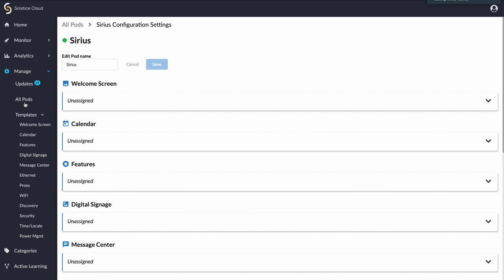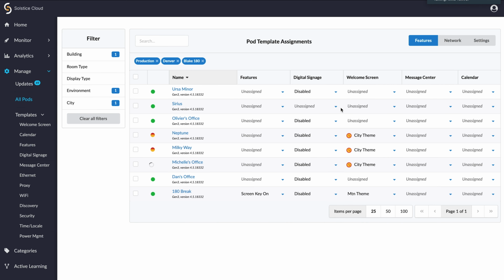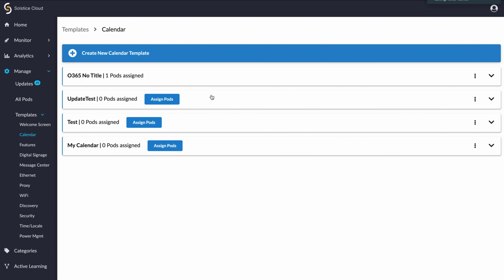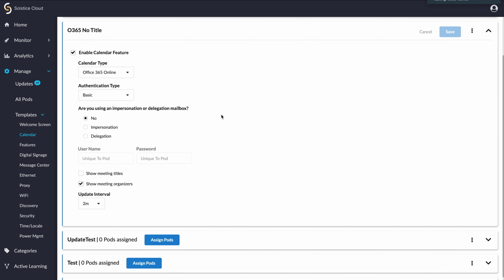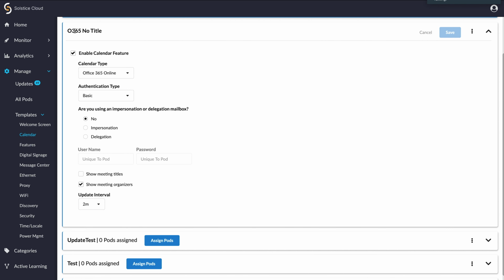But for the case of templates, there are some settings within a template that are still unique to a pod. And a good example of that is within the calendar cohort. So I'm going to do a quick demo of that. So for example, we've got a template here that